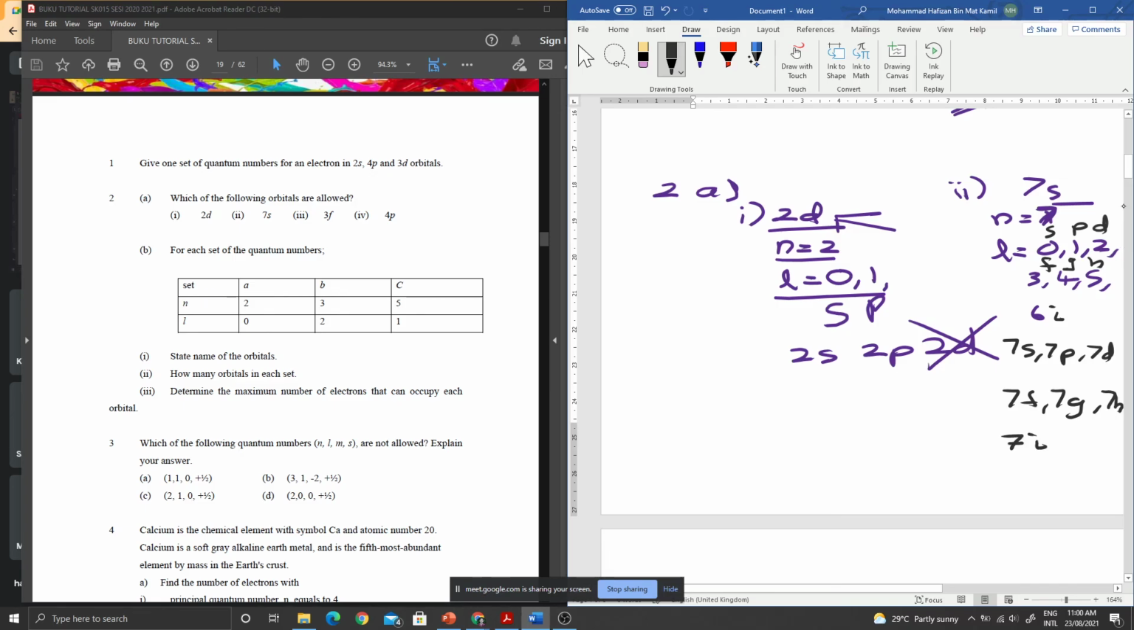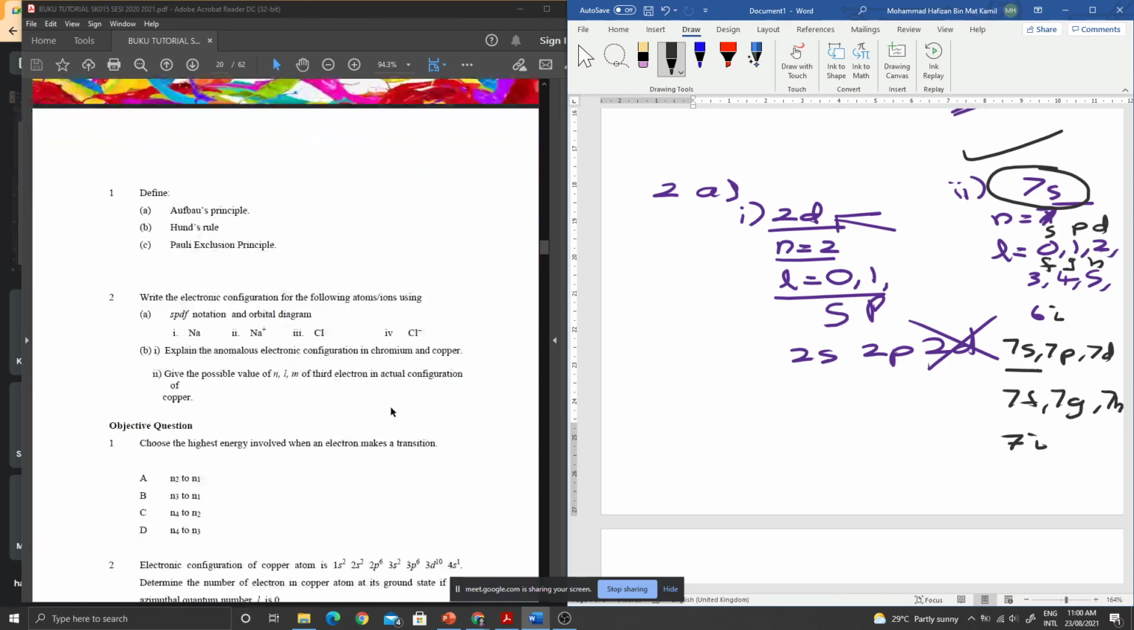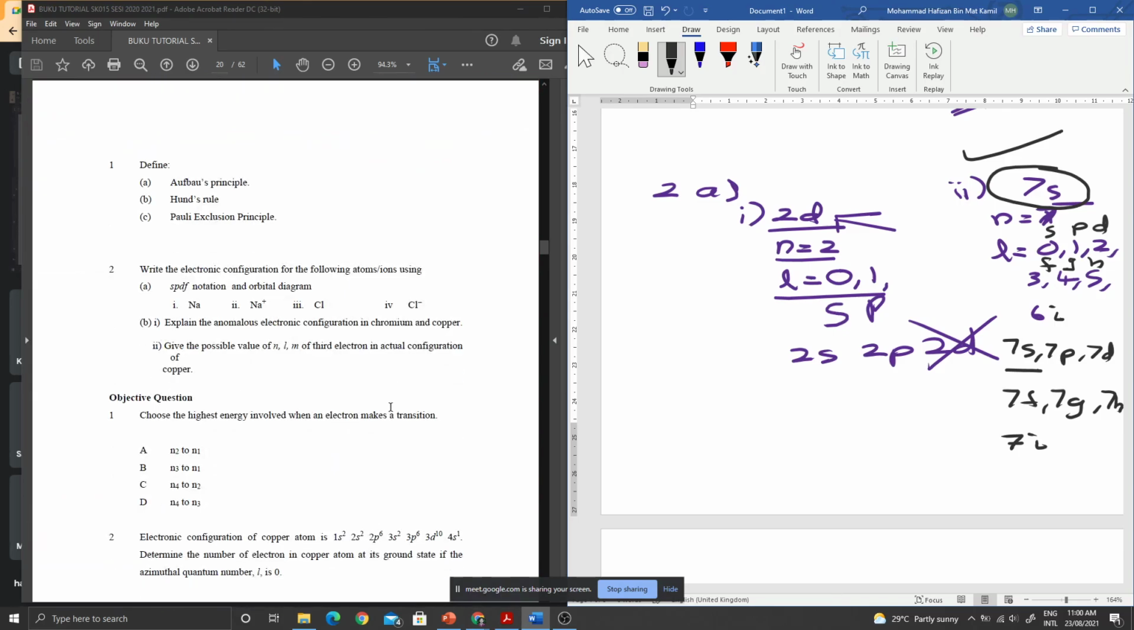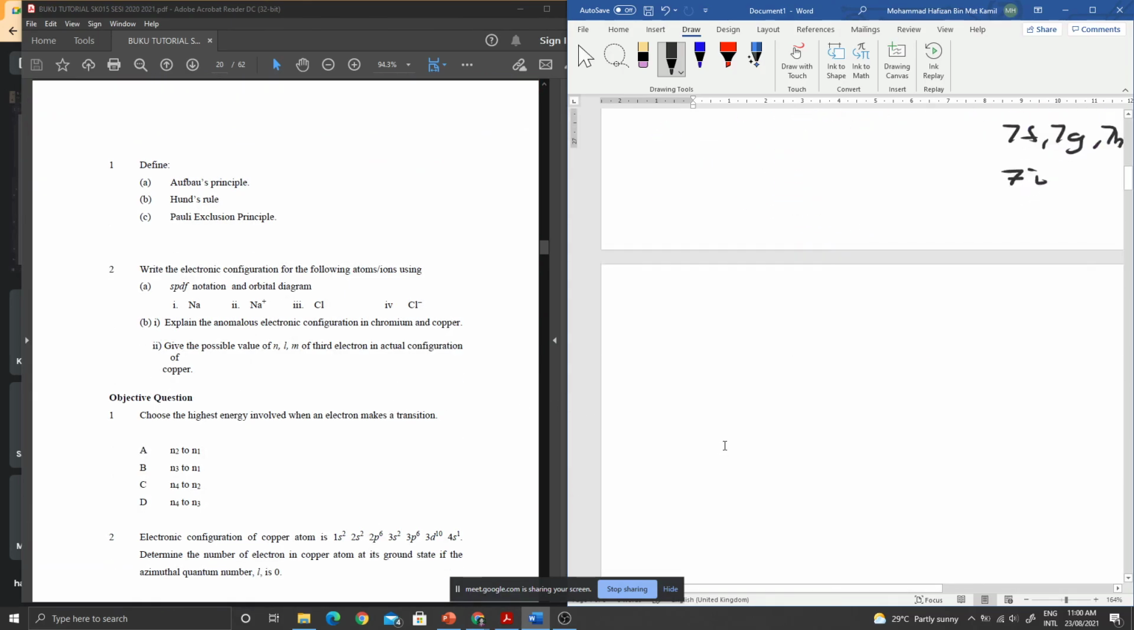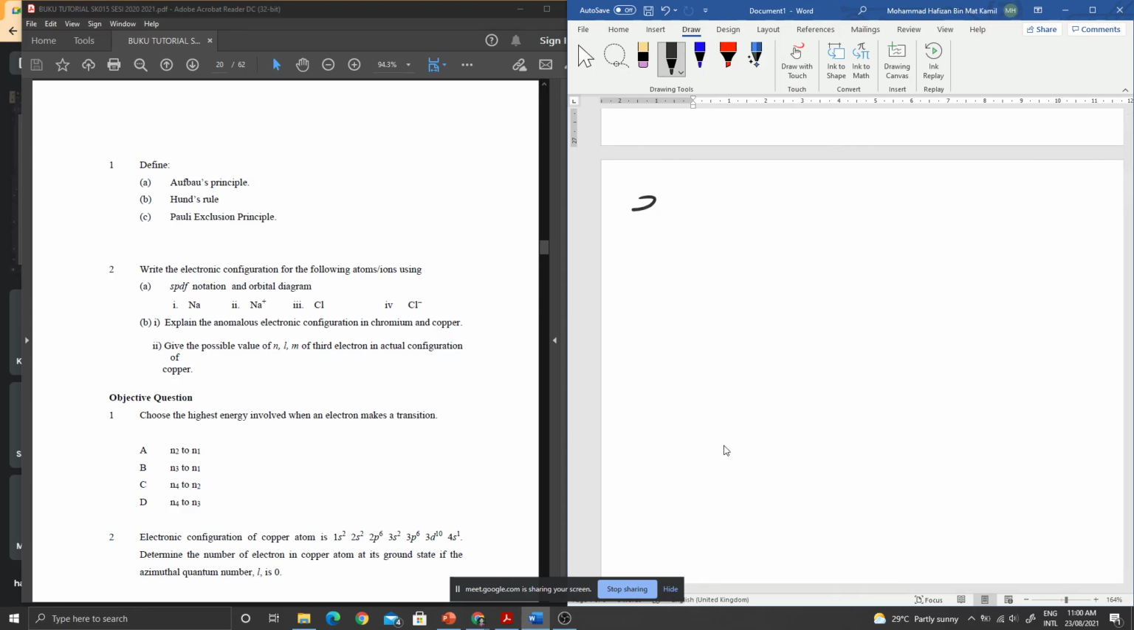So, it means 7s ni allowed ke tak? Allowed ke? Dibenarkan ke tak? Yes. Allowed. Dibenarkan. Okay. Bagus. And now, okay, one more question. Sorry masa dah habis. One more question. Okay, SPDF notation. So, soalan nombor 2, kita buat